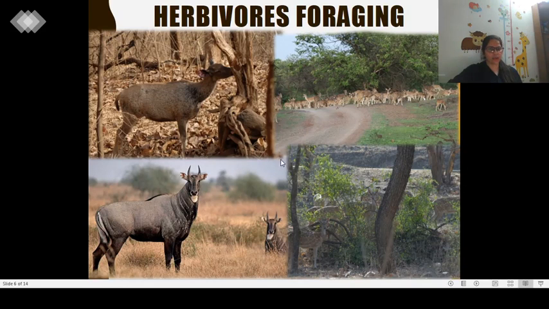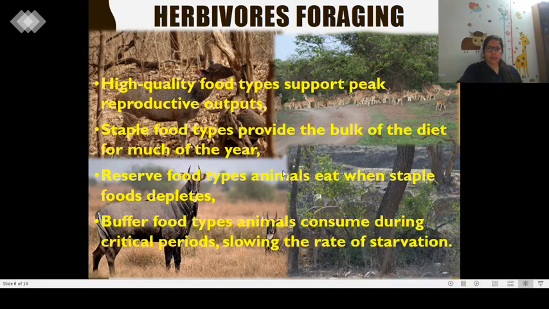a single ecosystem. To fulfill their nutritional requirements, animals opt for different food items. High quality food types support peak reproductive outputs. Staple food types provide the bulk of the diet for much of the year. Reserve food types are what animals eat when staple food depletes, and buffer food types are consumed during critical periods, slowing the